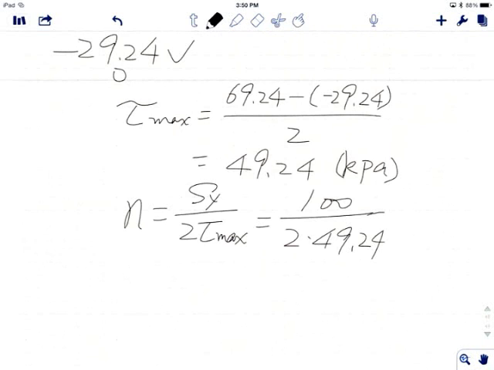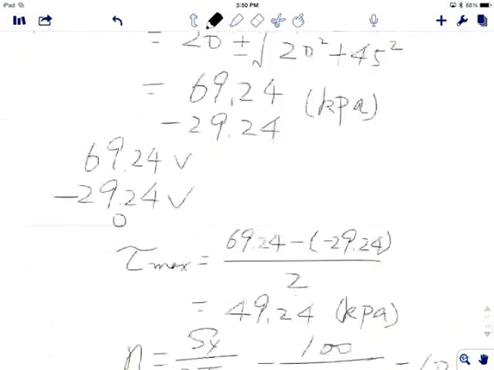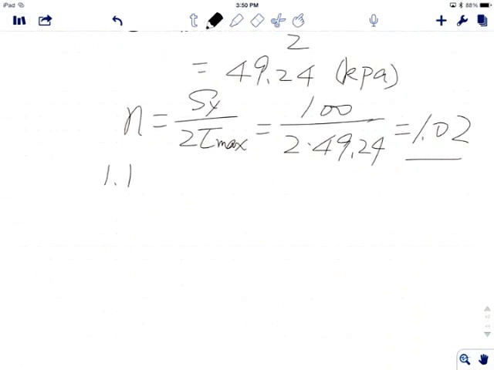Wow, it's really close, huh? It's supposed to be equal to 1.02. Alright, right on the edge of failure. Okay, so this time, let's see these two numbers, 1.14 and 1.02. Again, this number makes sense because maximum shear stress is more conservative, so it's supposed to give you a smaller number, right?